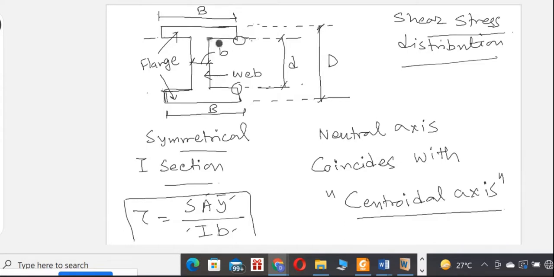So we have to take care of that part, and we have to divide the whole work in two parts. One is, first we will find out the shear stress distribution for this flange part separately, and then we will consider or calculate the shear stress distribution for this web part. Okay, so